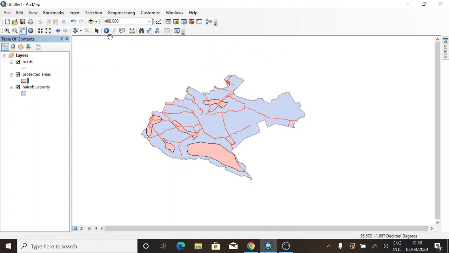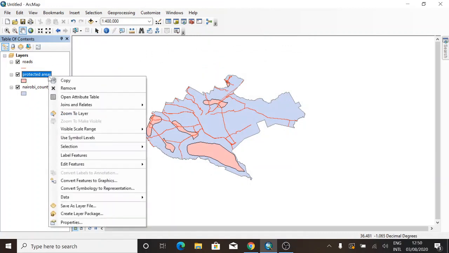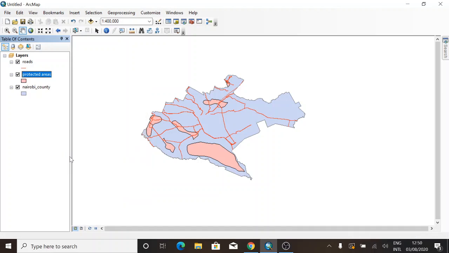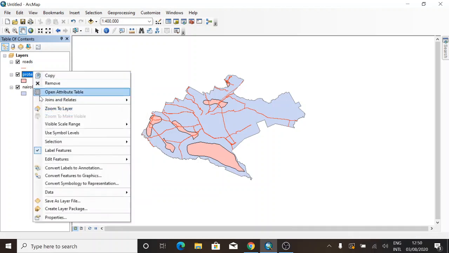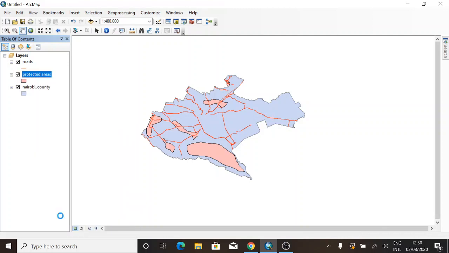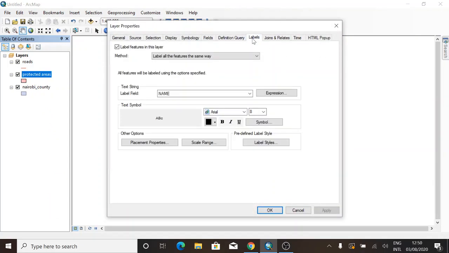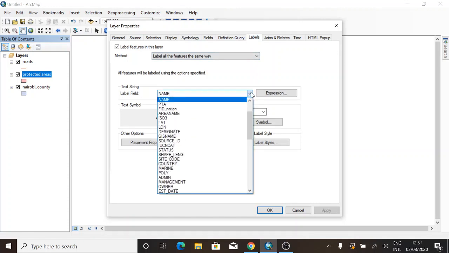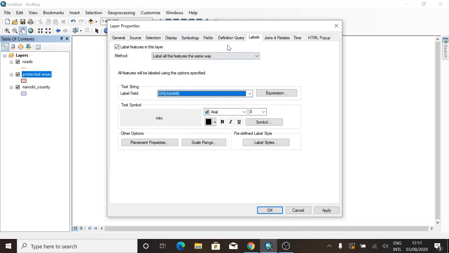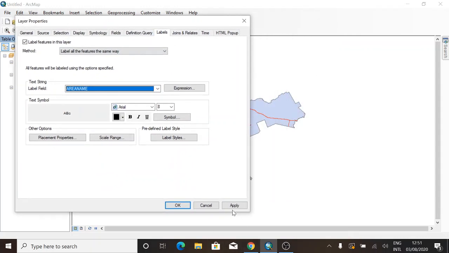So let us add another data source. You can try even labeling the features, but before you label, you can look at the properties. Under labels here, you can choose what you want to label it with. Maybe is it the name, the source, the destination, the country, the area name. For instance, let us say the area name. If you say apply,